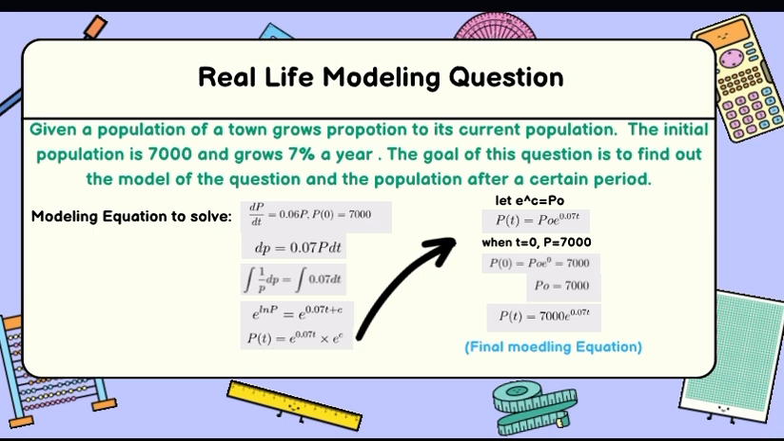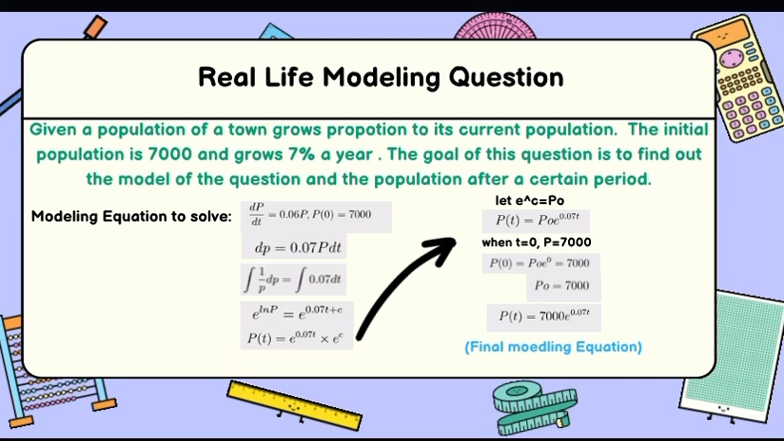Lastly, the real-life modeling question. Given a population of a town grows proportional to its current population, the initial population is 7,000 and grows 7% a year. The goal of this question is to find the model and the population after a certain period. So first we have to come up with a model equation to solve, which is shown in the slide, dP/dt equals